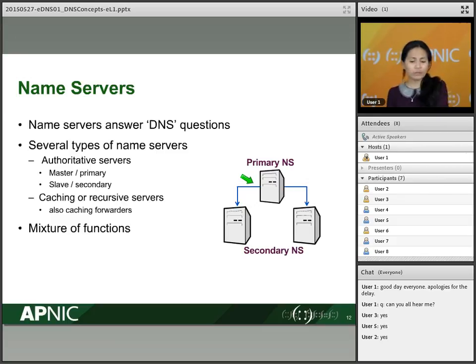Now, all 3 have the same information in them, right? They should be able to answer the same questions. If I want to find out the IP address for host1.myzone.com, I can go to any of these authoritative servers and I should get the same answer, right? Now, do I have to update all of these servers every time I add an entry, make changes, or delete entries? The answer is you only need to do it once. You have to update only the